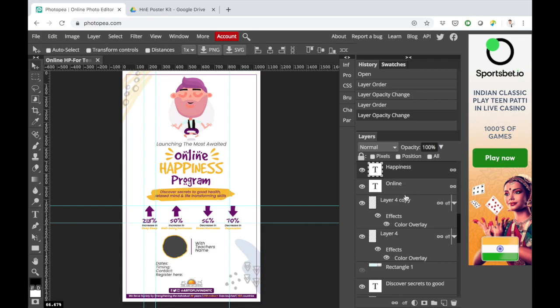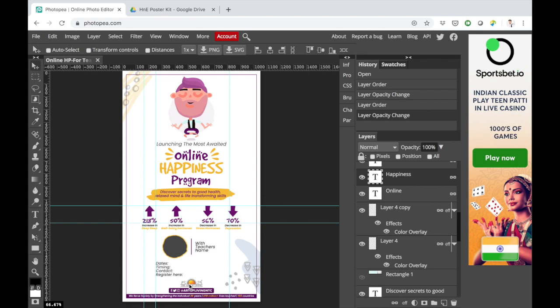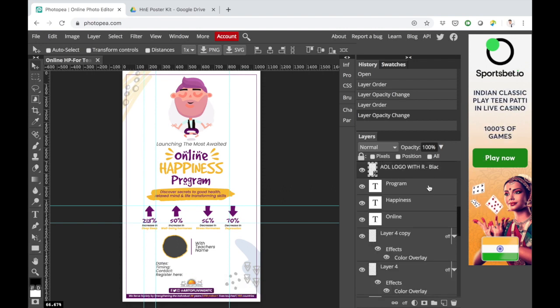Now, how to move a layer. You have to select the layer first. So here I'm going to select the Art of Living logo, right click and click on the AOL logo. You can see that in the layers panel, the AOL logo is selected. Now with the move tool selected, move this around and place it at some position you would like it to be placed. I have kept the Art of Living logo on the top right corner. So this is how you move a particular layer.